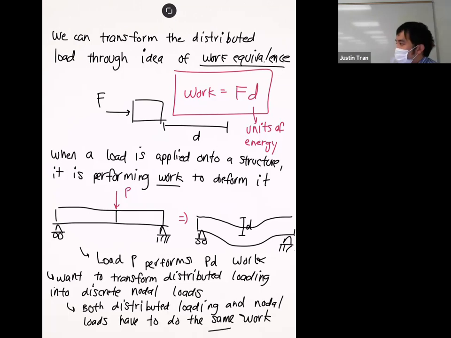Right. And so that has to happen. It has to perform basically the same amount of strain energy that the distributed load is causing. Your equivalent nodal loads have to do the exact same thing. And so we're going to use this principle to mathematically form a relationship between our distributed loading and our equivalent nodal loads. Any questions on this? All right. And so with that in mind, let's come up with a mathematical expression